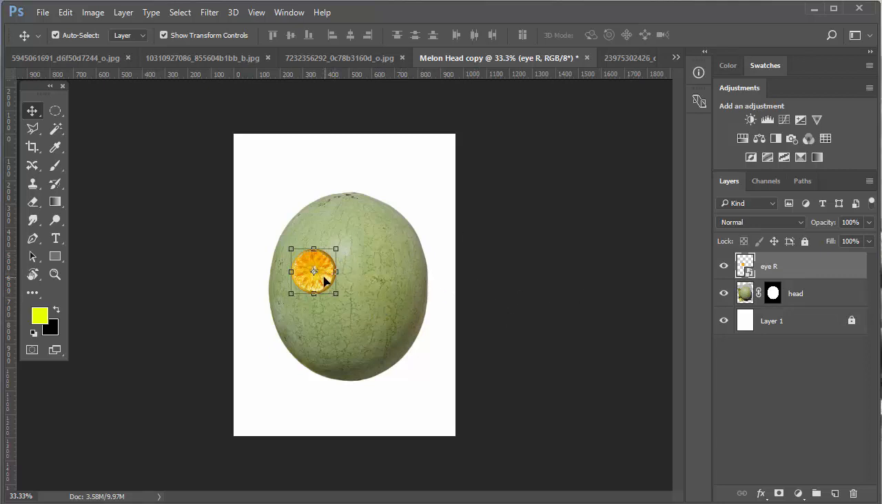Now I'm going to make a copy of this. I have the Move tool. I'm going to hold down the Alt key, and you see the cursor change. And I'm going to drag this over here. And it's providing some guides. If I hold down the Shift key, it will constrain it to be a perfectly horizontal move, which you don't have to if